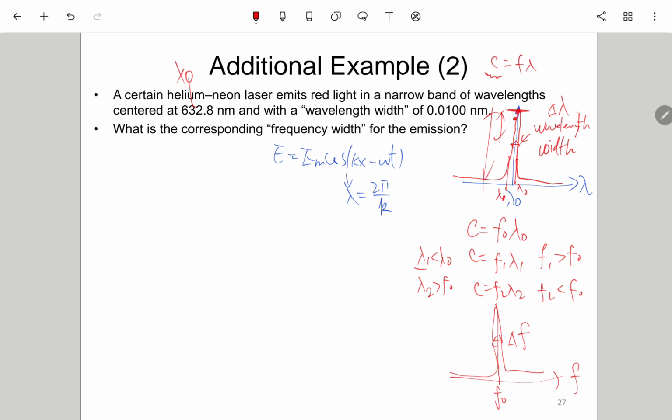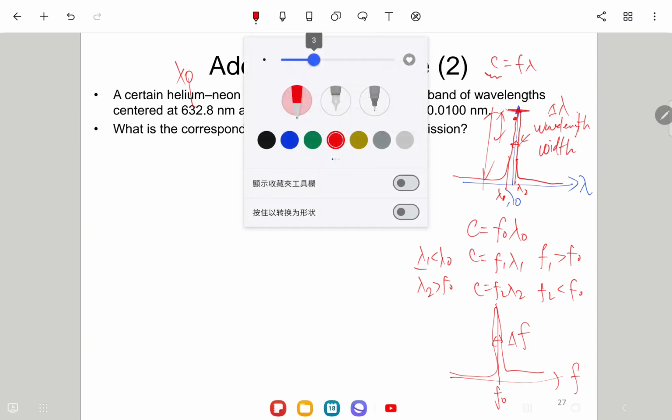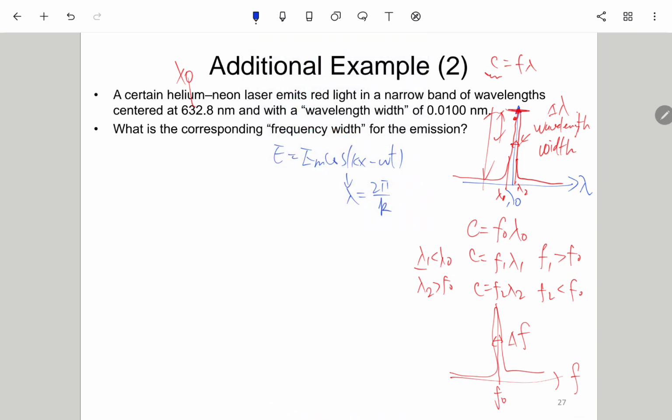delta lambda, delta F. Okay, so here we can actually calculate so actually we have F equals C over lambda. Okay, so actually this one, okay, we just try to move lambda to the left side, so we have F equals C over lambda. And then we can take the differential on both sides, so we have a dF equals